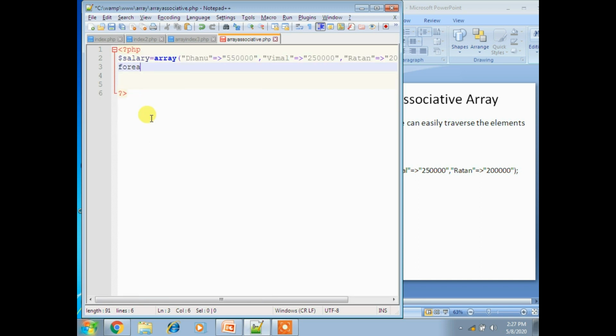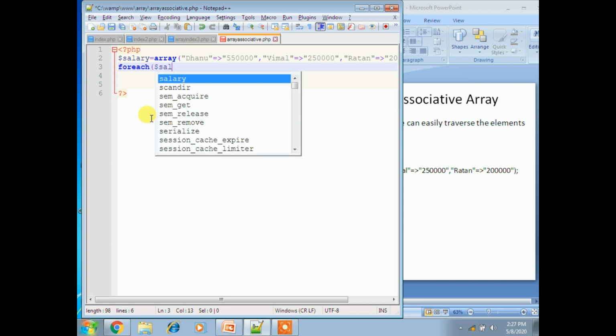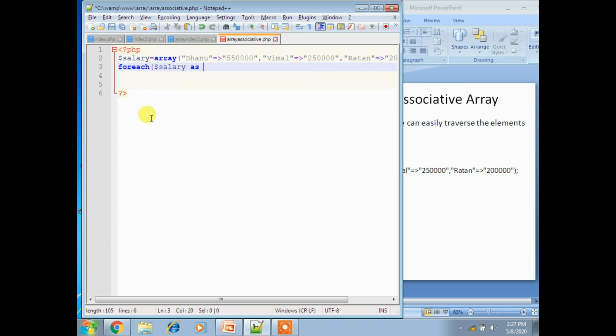Foreach of salary as $K. So now I am passing the key and value pair like that.